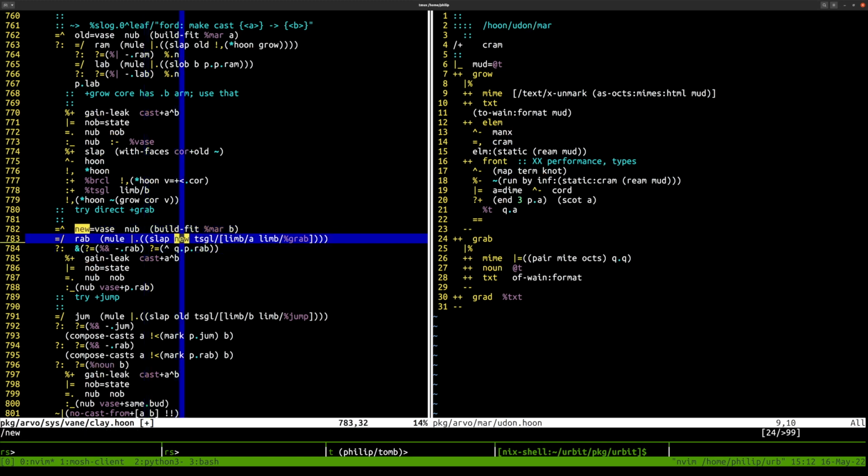So then we do something very similar here, where we try to fire the grab arm, which should produce a core, and then try to fire an arm named after the old mark A. We probably could have done that here too. It'd be cleaner to read. I'm not sure if we can, but it does sort of seem like you should be able to. Oh, I have a vague recollection that it ends up being a mess because